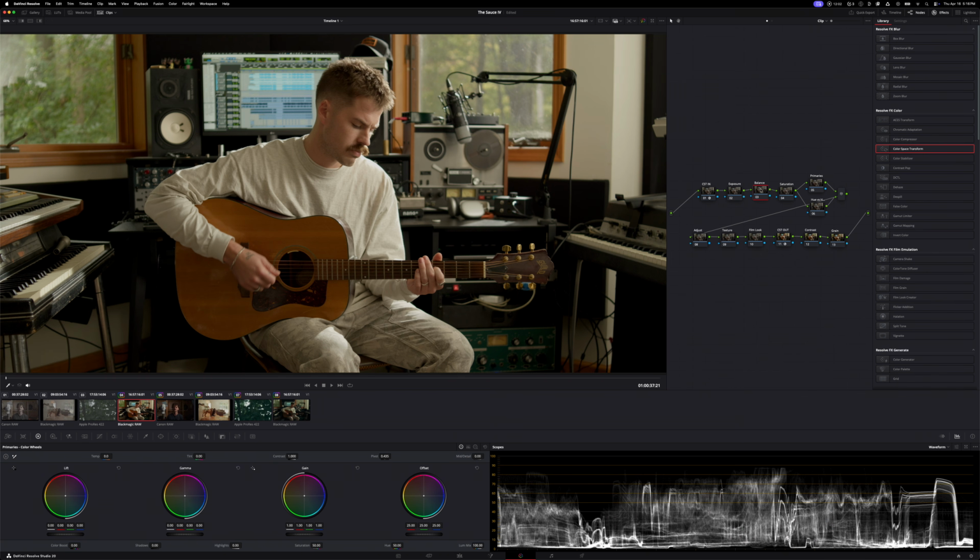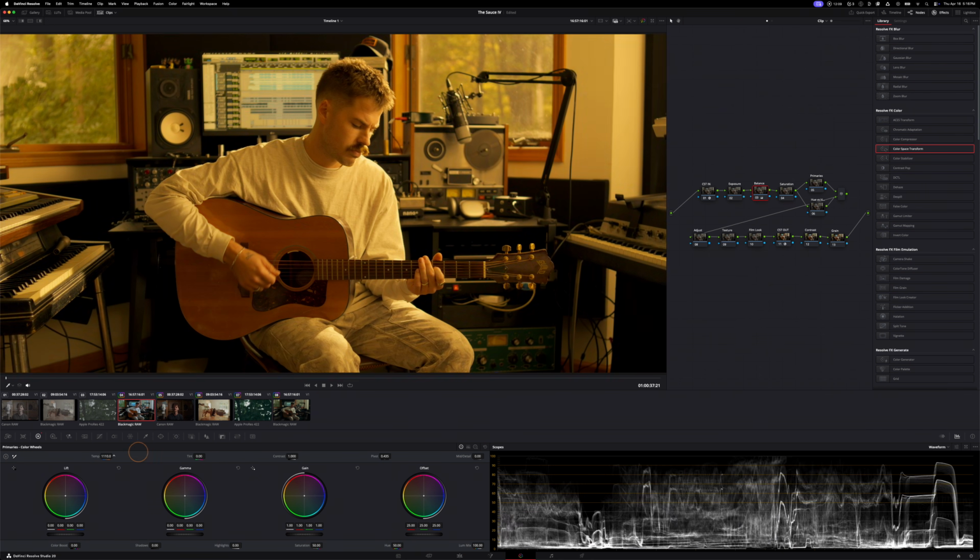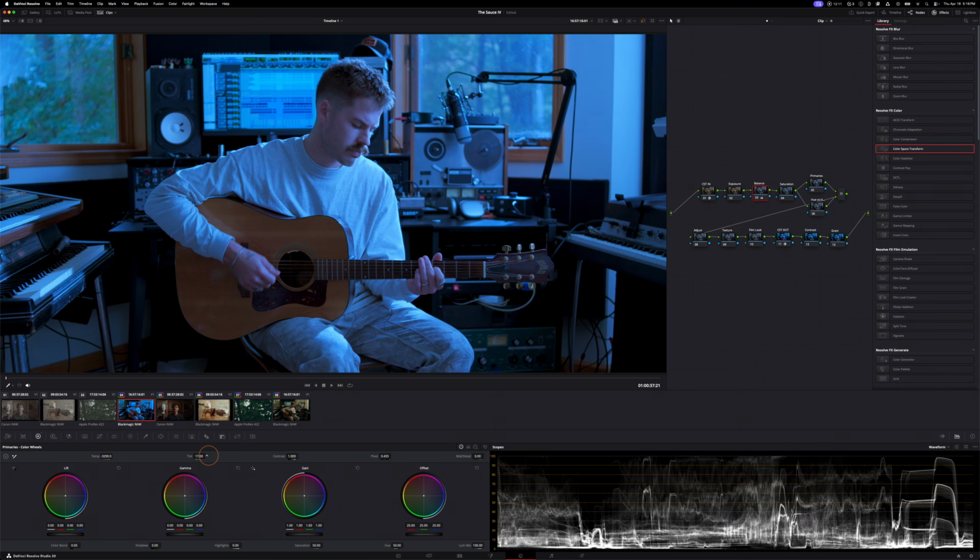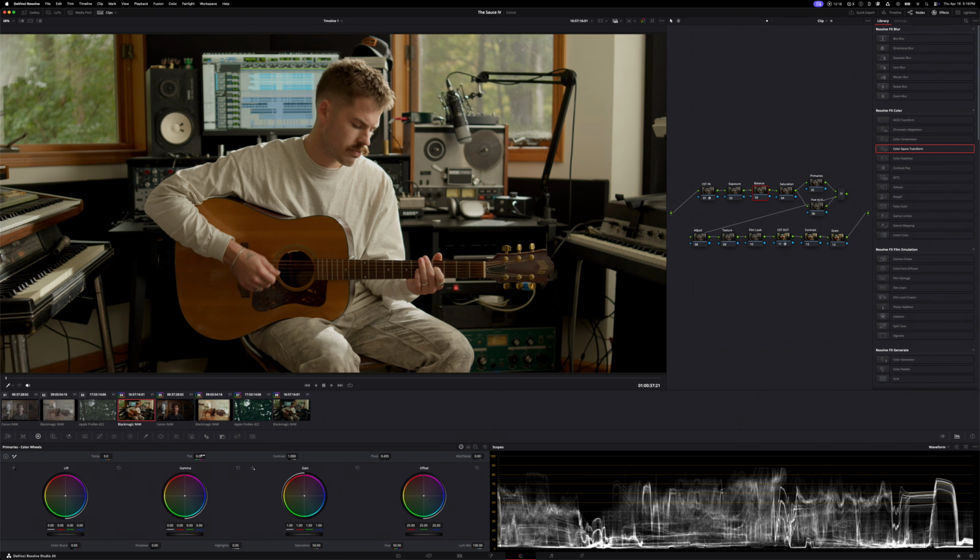Our next node is balance. This is where we are going to white balance the image. The easiest way to do this would be to just come down here and look at this little temp slider and start rocking things around, maybe some tint. I usually don't have a lot of luck with this method because it feels a little bit like playing Battleship. You're kind of just moving things and then moving another thing, and then that looks bad. So then you have to go over here and move this and then move this, and it's a little bit of a guessing game